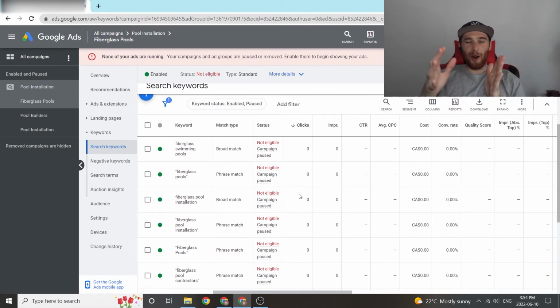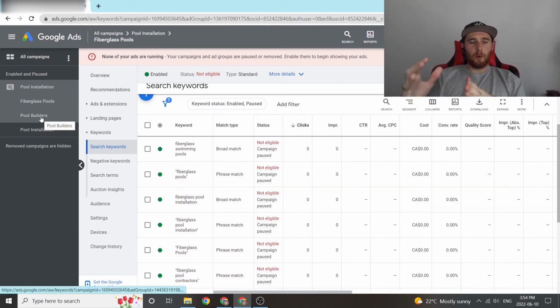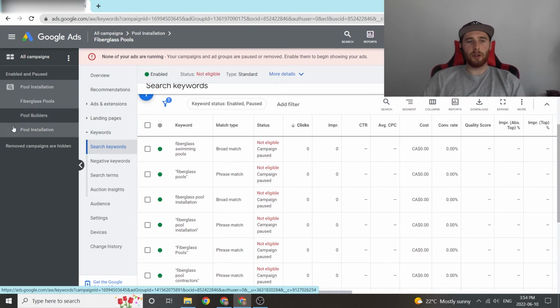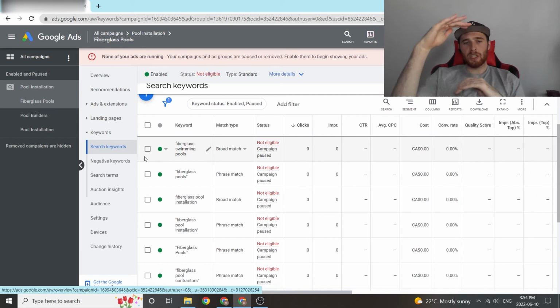A lot of people put way too many keywords in their ad group, but that's a discussion for another day. Don't do that. You want to make sure it is still very relevant to the ad copy, but you don't want to go over the top with a whole bunch of keywords in your account. When you're coming up with single topic ad groups, you want to be pretty precise when it comes to services. You could add, for example, fiberglass pool, pool builder, pool installation, and you could have a whole bunch of exact match or phrase match keywords in these ad groups, and it would be fine.